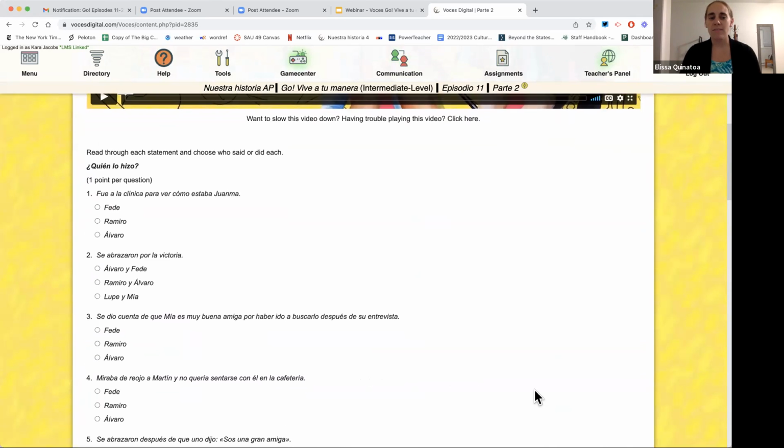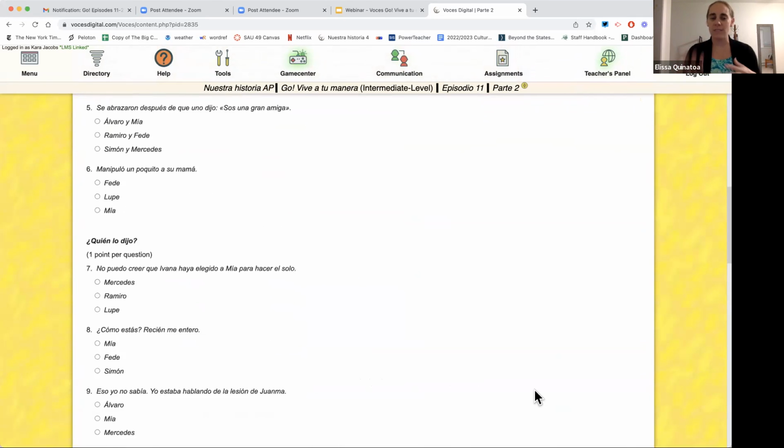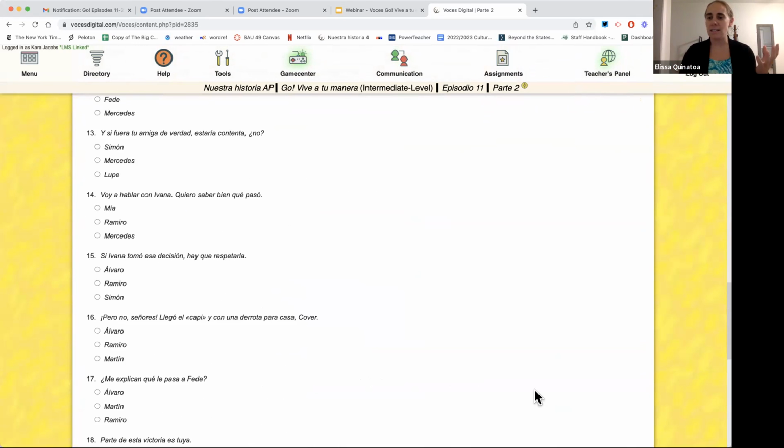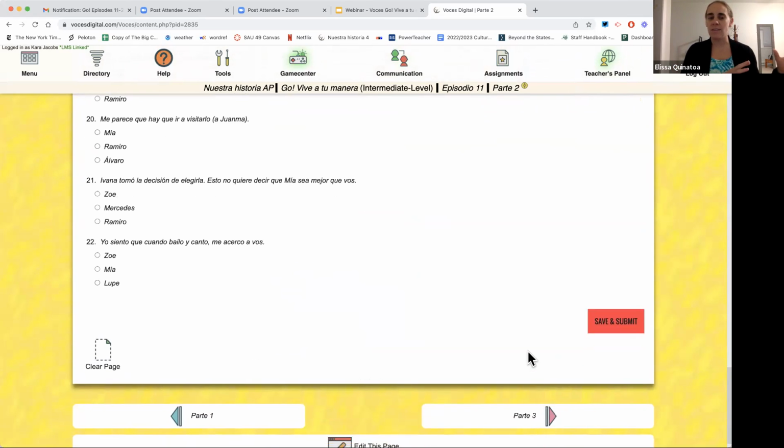Then we have the quién lo hizo, quién lo dijo, so who did it, who said it. And that continues in the novice activities. In the beginning of the novice activities, it's like a who does it, who says it. And then towards the end of the novice, the first 10 episodes, it goes into who did it, who said it, using the preterite in the past tense in those.